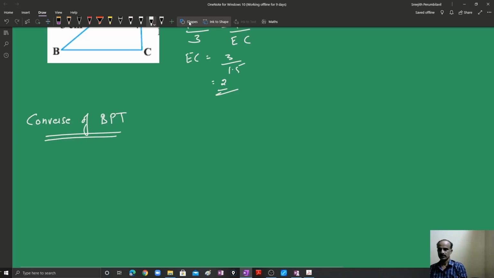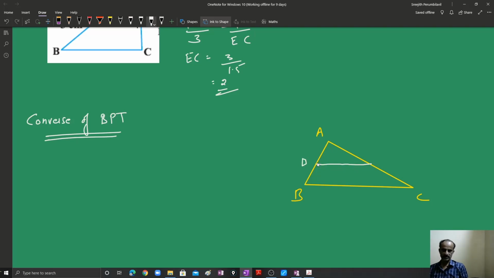Okay, I will put up a triangle here. In this triangle, we can name it as triangle ABC. And what is BPT? If a line is drawn parallel, it divides the sides in a ratio. What is the converse? If there is a line DE such that,